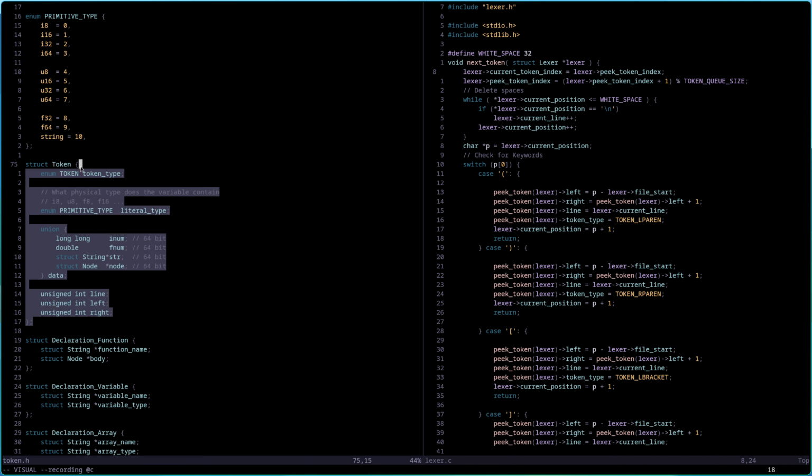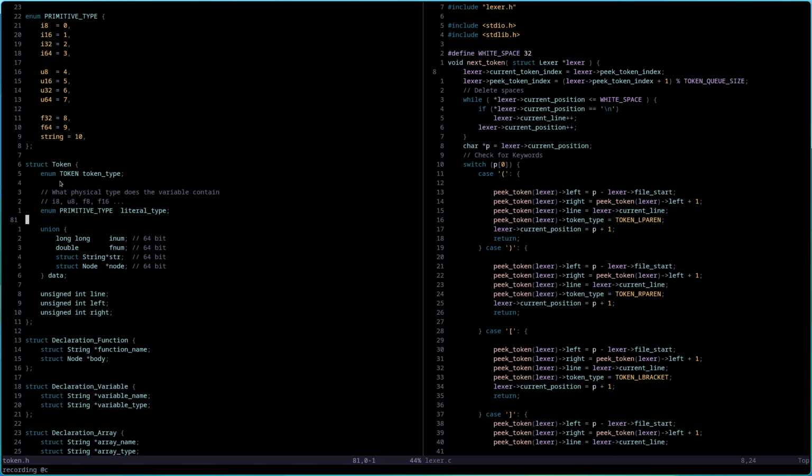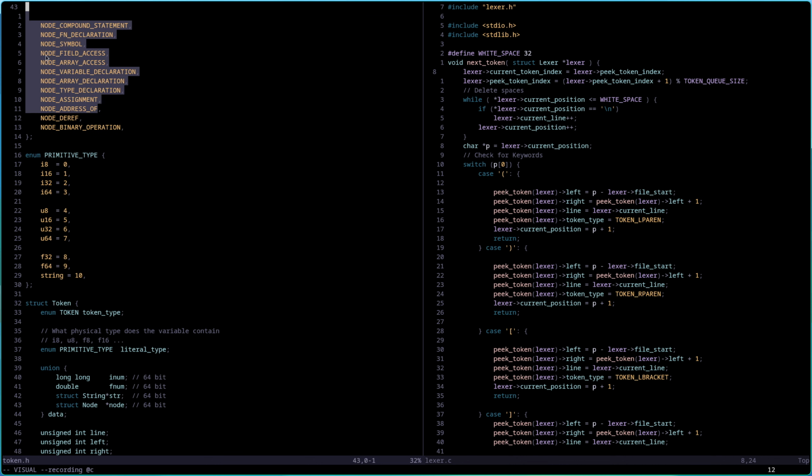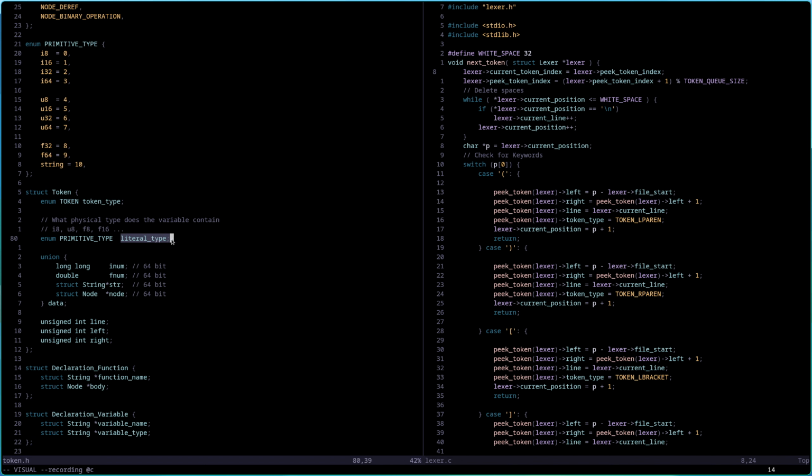And then we have a struct token, which are the leaves, and these have one of these enums up here, the token type, and then they have a literal type. They might have, they might not have, and I actually think I will delete this because I already have them here. And these literal types are only in the inner nodes. The lexer is not context aware, so it doesn't really know the type of this. It just knows this is a string, this is a float, this is an integer, and stuff like that, right? So I actually think I will delete this later.